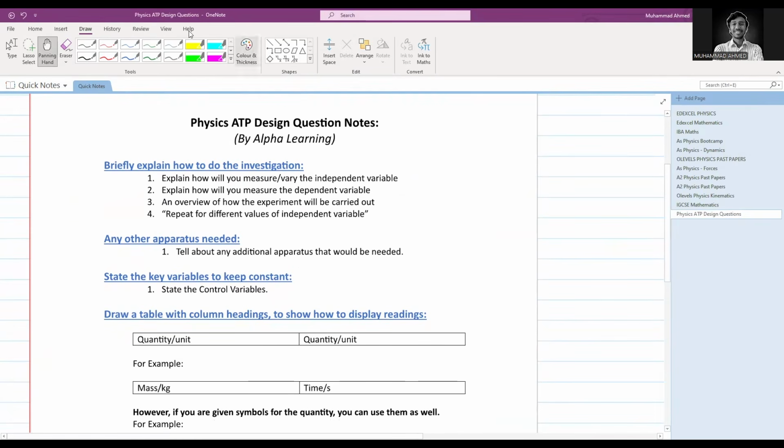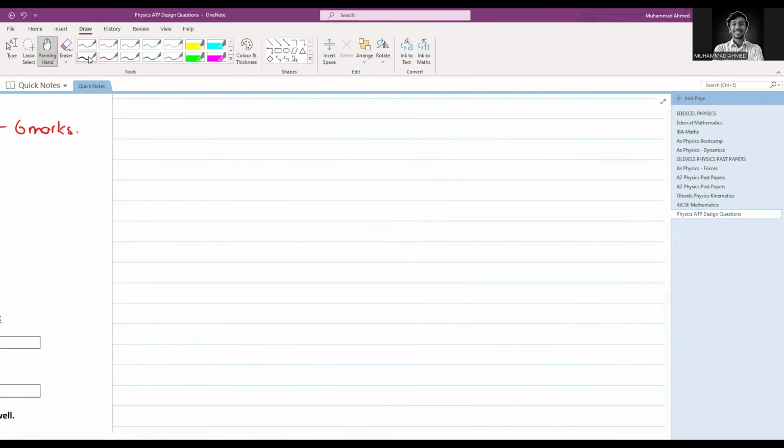Okay, students, let's get started today with a discussion of ATP design questions. These are usually your question number fours and they carry 6 marks. Before starting the discussion on question number four, I would like to discuss three types of variables: independent variables,